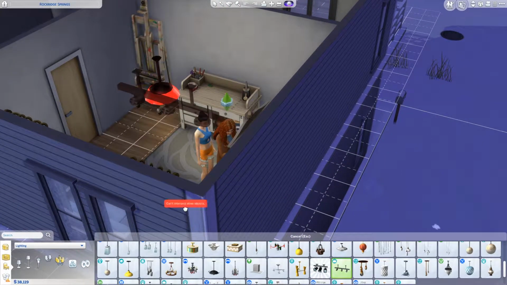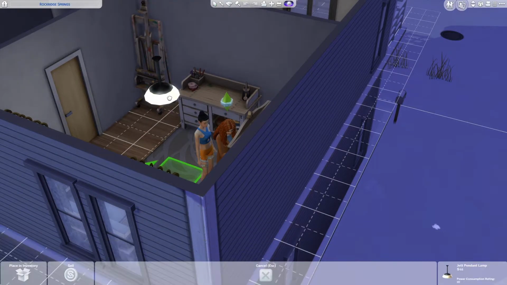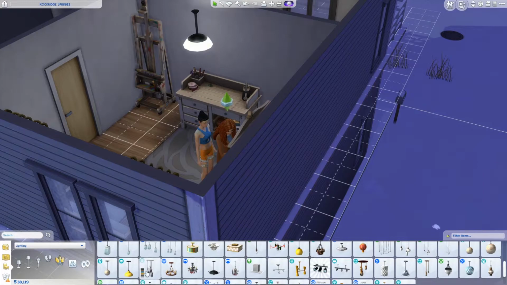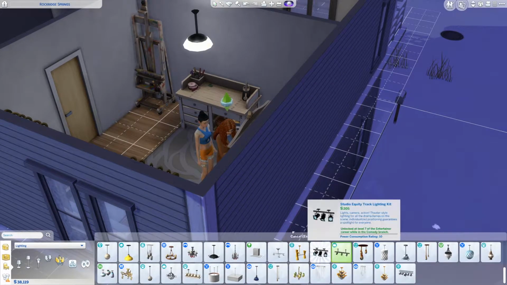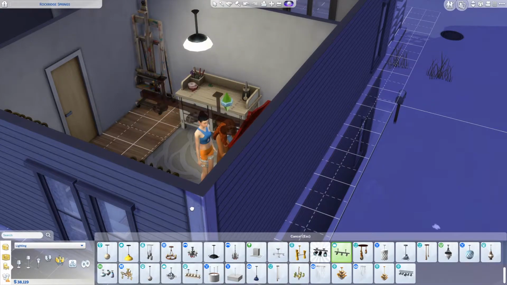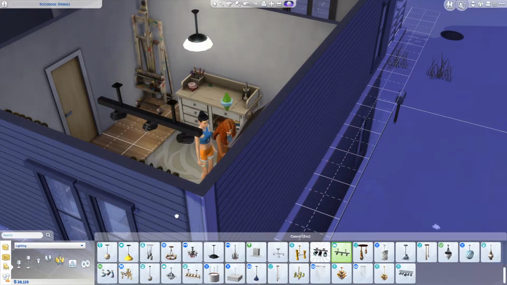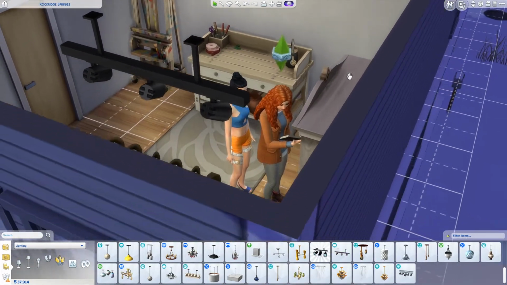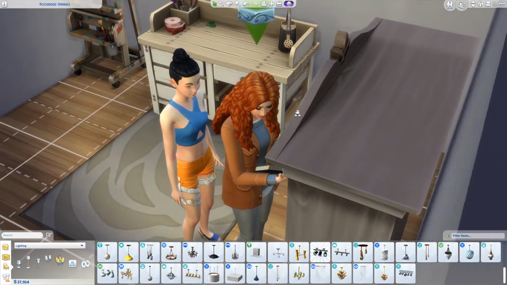Let's see. This light is in the way already, so let's move that maybe over there to give a little bit of light back there. And then let's go ahead and turn this around and move this right there. That already really brings a lot to this space. Let's go ahead and